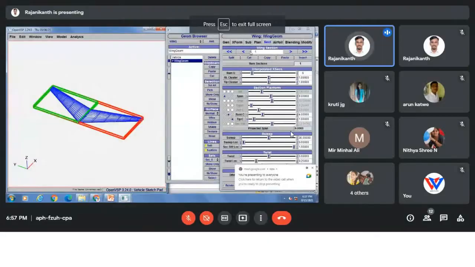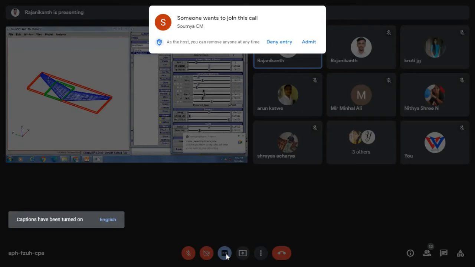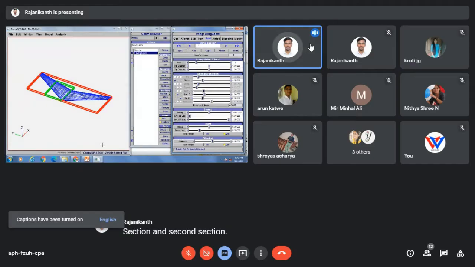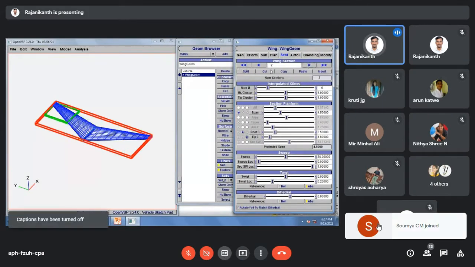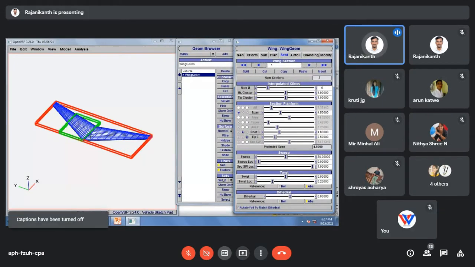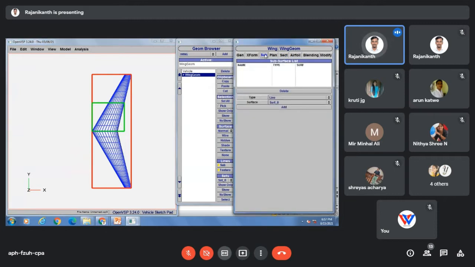So for that case, you have to split this wing into sections, first section and second section. The second section is this one, and this is our first section, and this is our complete wing section.